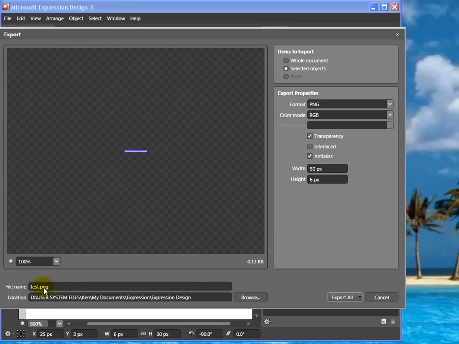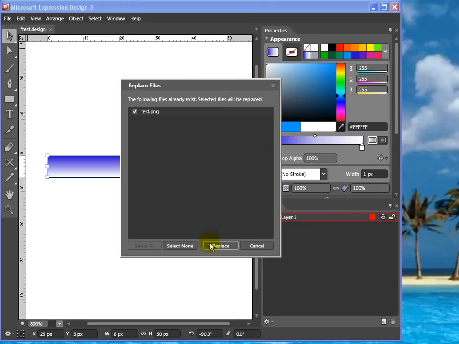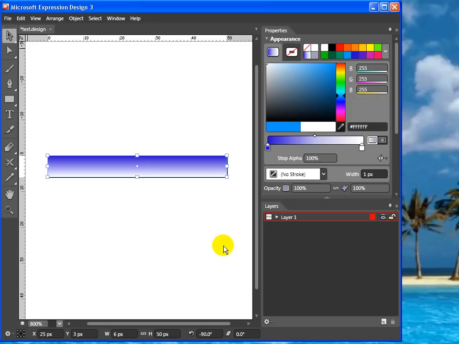You give it a name. It defaults to the name of your project, and you just choose Export All. And I've already got the file out there, so I'm just going to go ahead and replace it. And so now,